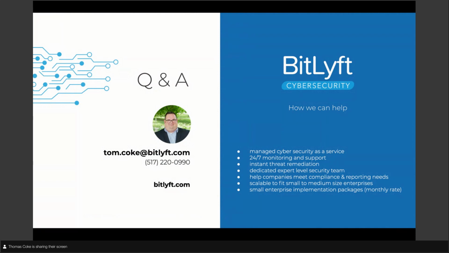Once you've hit that maturity level in cybersecurity, chances are you're going to be compliant, and you're going to be able to get the reporting that says, here's how I'm compliant. There you go. And you're going to know you're doing it. You're also going to feel better about your cybersecurity in general.